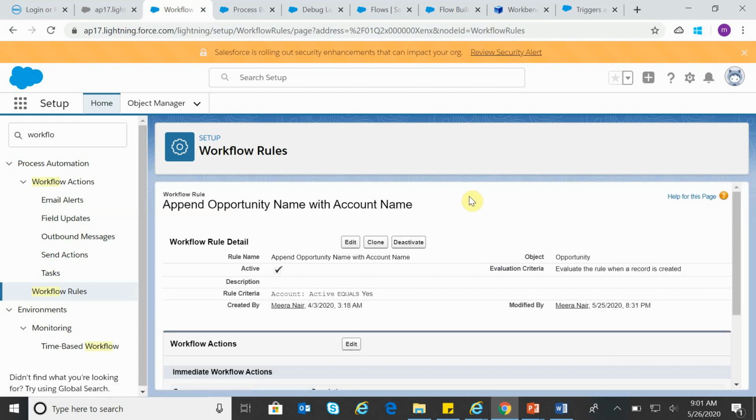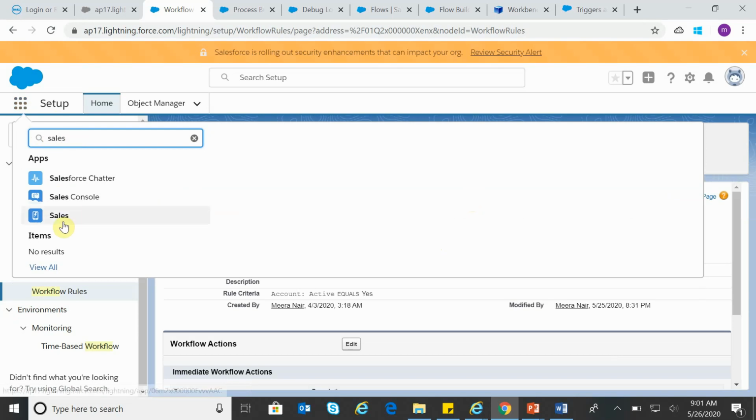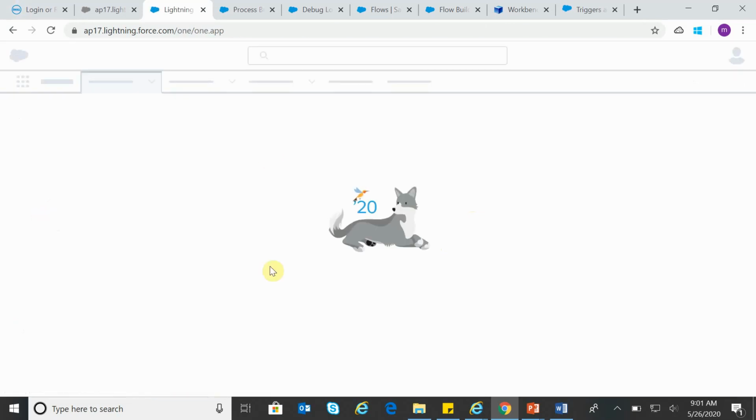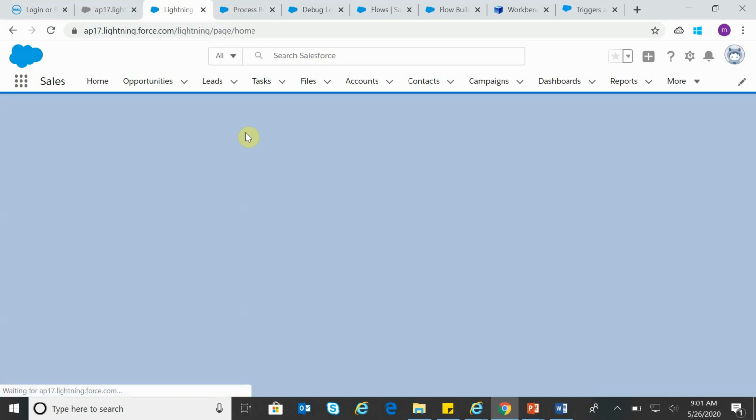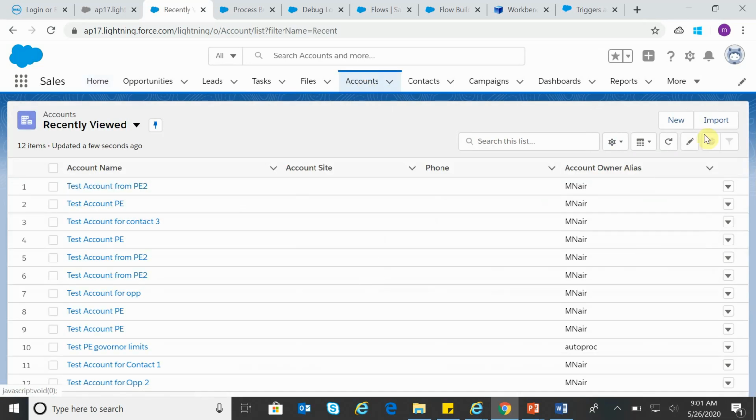Okay, the workflow rule is activated. So let us go and create a new account for our demo purpose.